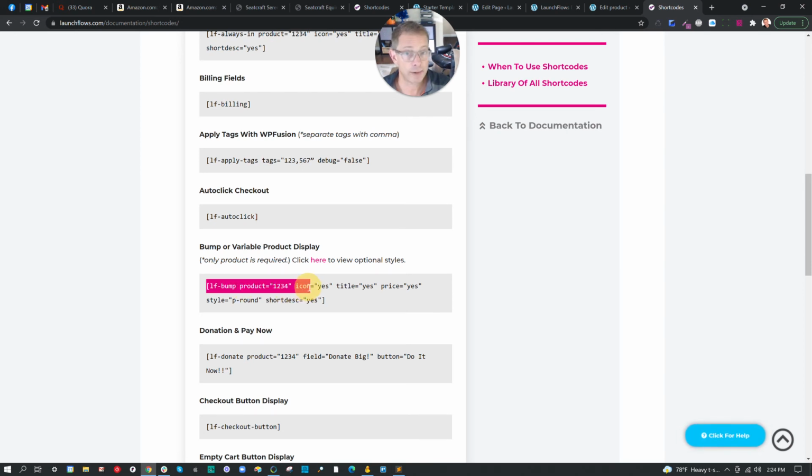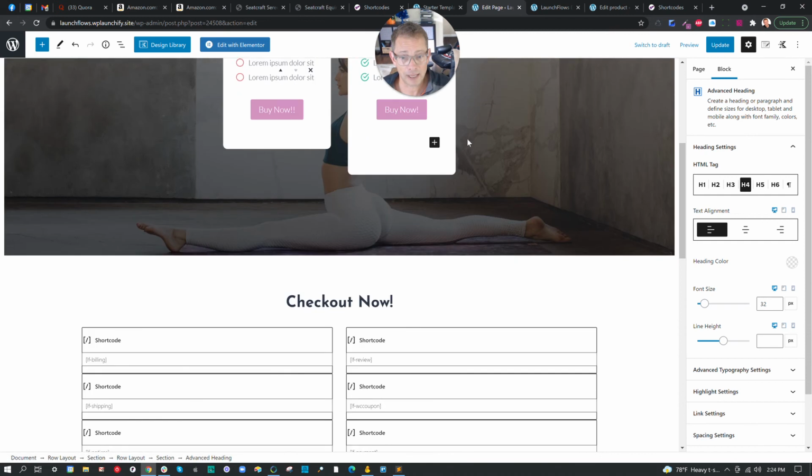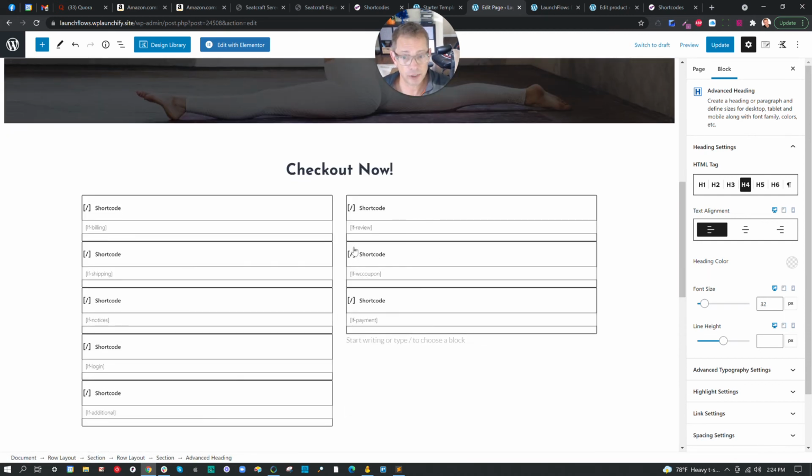And I have some parameters if I want to show the icon or not. But if I just grab this basic bit here, along with the product, I would simply put it into my layout, maybe somewhere in the checkout. So I would add a new short code, put in that thing, and now I would have a product that could optionally be added to the same checkout. I'm going to show bumps and variations in a different video though, because lastly, I want to show you how